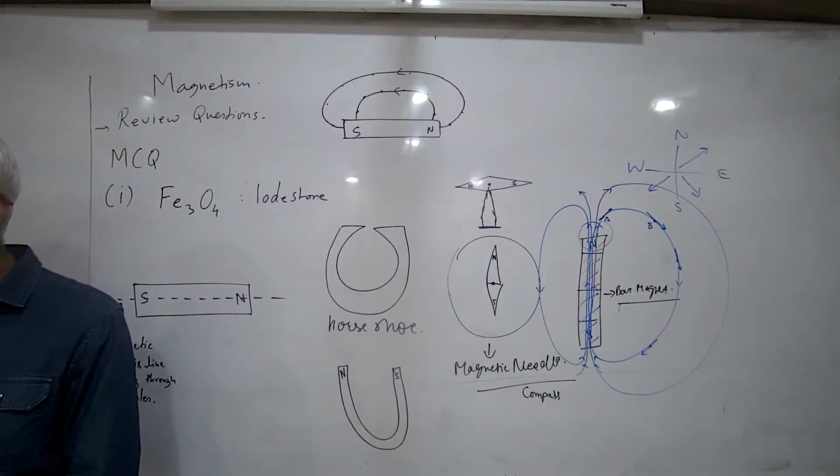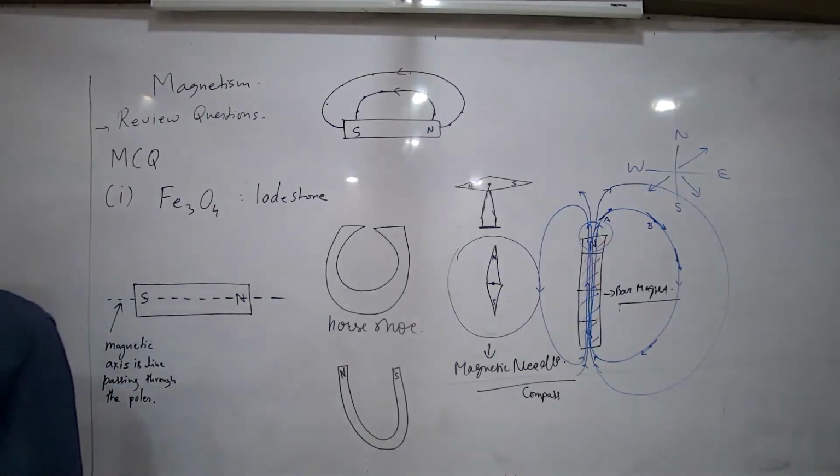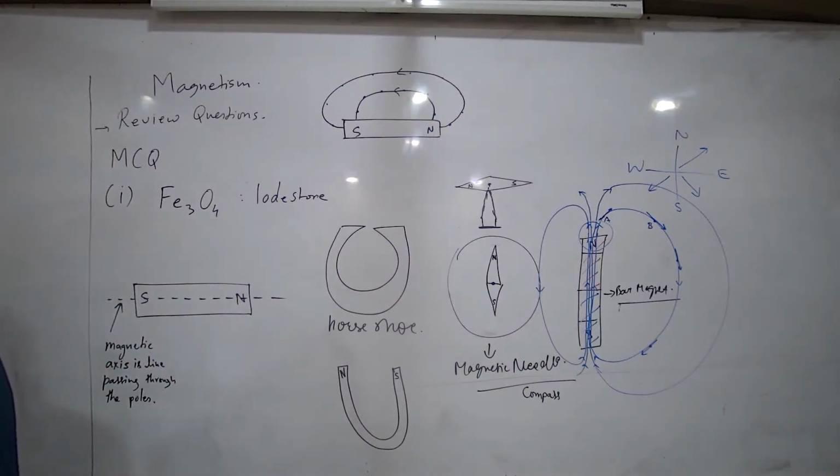By adding many cells, you don't need to say that, it is understood. If you increase the magnitude of current, it means you either reduced the resistance if there is a rheostat, or increased the number of cells. Okay, there are two ways by which you can increase the current: by decreasing the resistance in the rheostat, or by increasing the number of cells in the battery. You can do it in two ways.